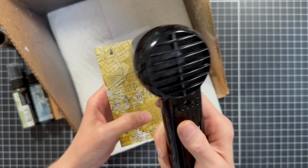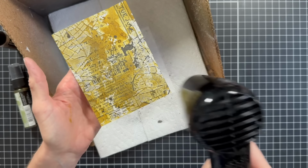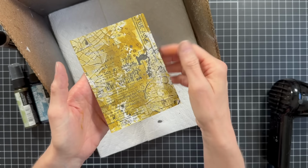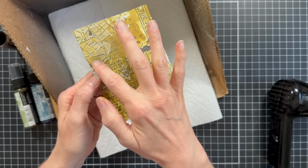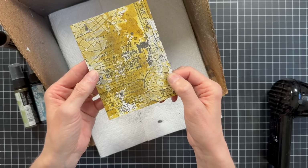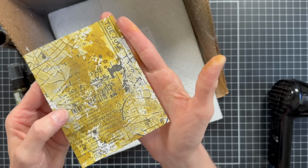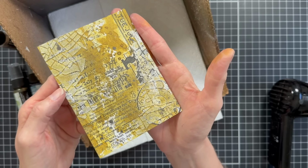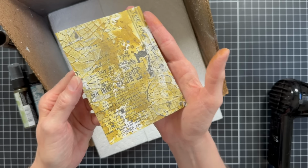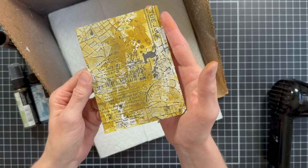And that's just the nature of the texture paste. I don't know if you noticed before I even sprayed this on that the texture paste had kind of absorbed the oxide ink that was on the paper and had colored the paste by pulling that pigment up out of the paper a little bit. So here where there's no color, it's just white, and then you've got that little bit of speckles on there from the Distress Spritz,